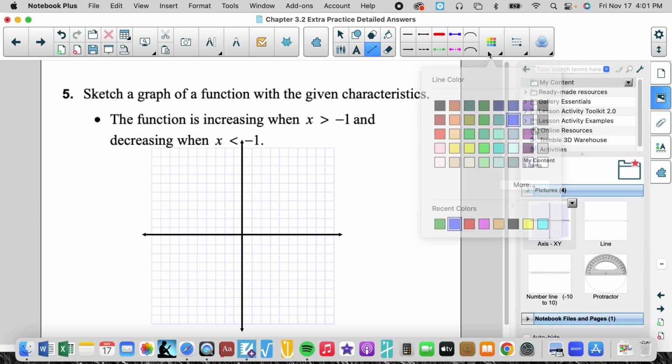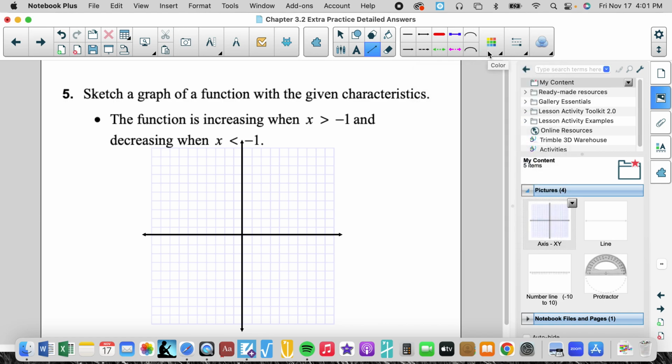Blue. So at negative 1, my negative 1 is here. So that graph is increasing when x is greater than negative 1. So to the right of this dotted line, my graph is going to be increasing. So let's get a little highlighter. So when x is greater than negative 1, it would look like that, right? It would be increasing, and decreasing when x is